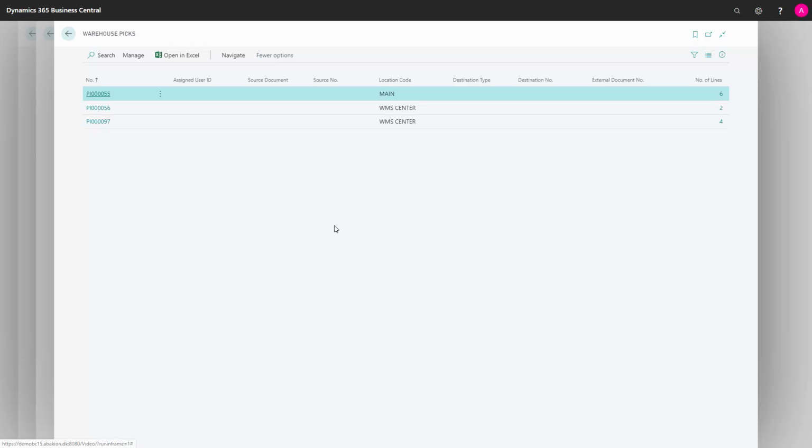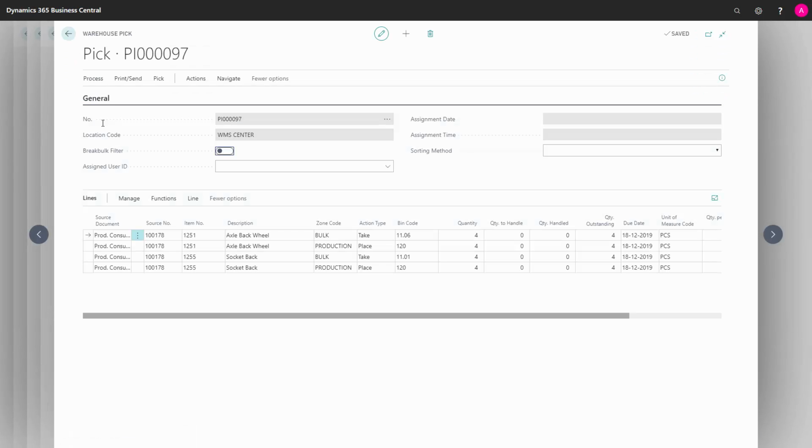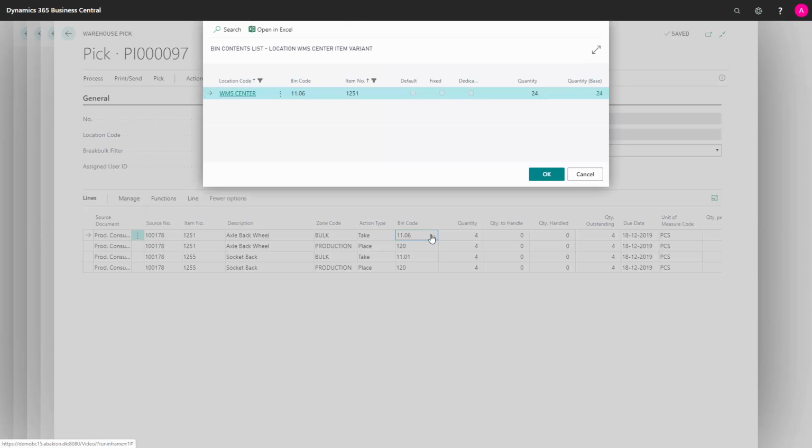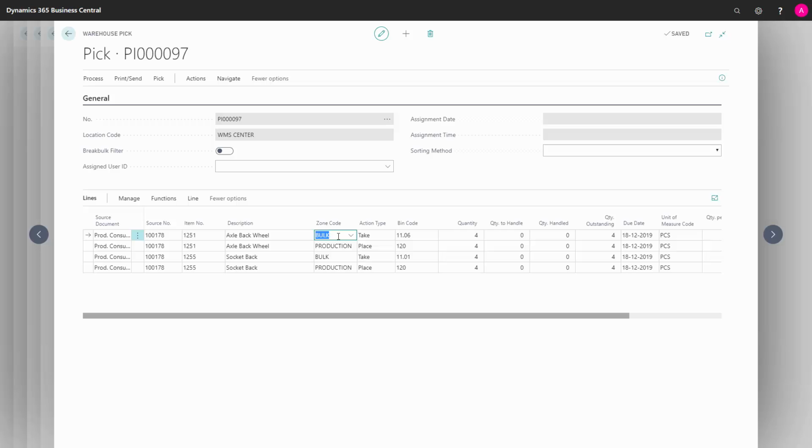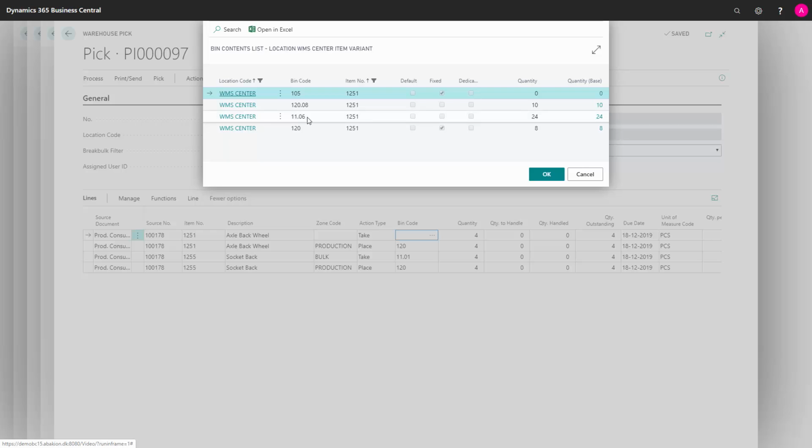And now it is suggested, of course, because there will only be one default pick bin, and normally I might want to pick this to sales orders or other demands, and therefore my default pick bin code will be 1106. So I cannot make my production bin the primary one if I'm primarily picking to other bins. Now the problem is I need to pick 4, and if I drill down into my bin code here, I cannot see my bin 120 because my zone code might be set up differently. So I need to be aware to delete my zone to be able to drill down the bin code to see all the bins. And here's my bin that I need to pick from.